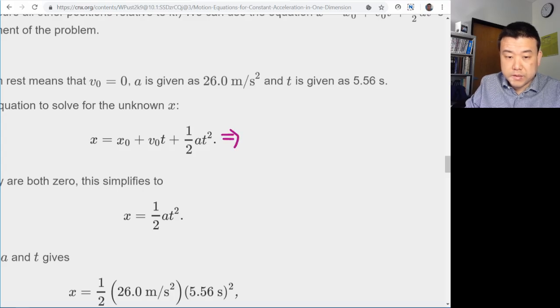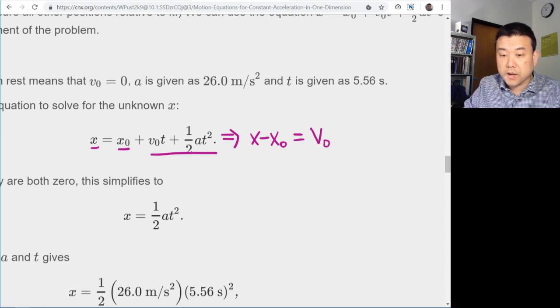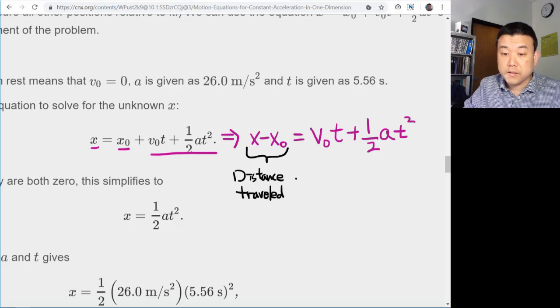So I'm going to put this x naught with x to write it as x minus x naught equal to the rest of what's on the right hand side: v naught times time plus 1/2 times acceleration times time squared. And really what this means, in plain language, is this is the distance traveled, and that's equal to speed times